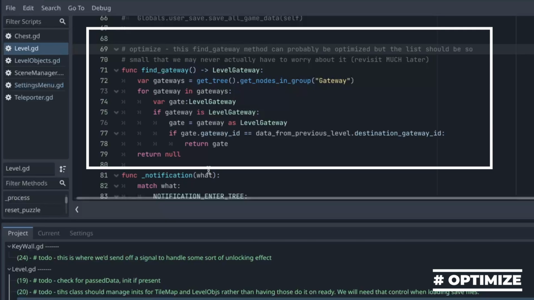The difference is that in my prototype, a room is never going to have more than 4 levels. So while the find gateway function might not be super efficient, it's an unnecessary place for me to pre-optimize. Now, when I start building out my game, if I get to a point where I'm building much, much larger levels, and maybe there's 100 or 200 or 300 doors in a level, then this is going to be an